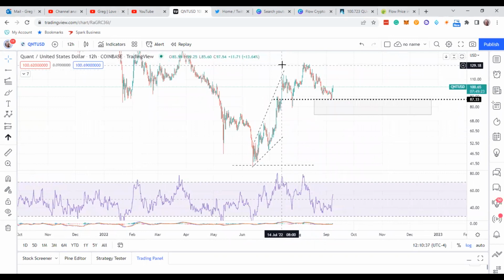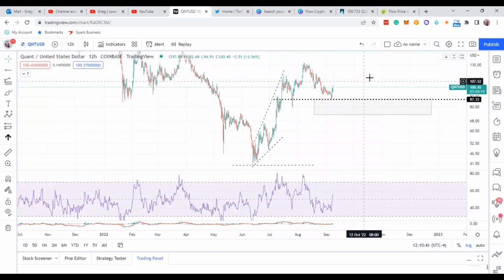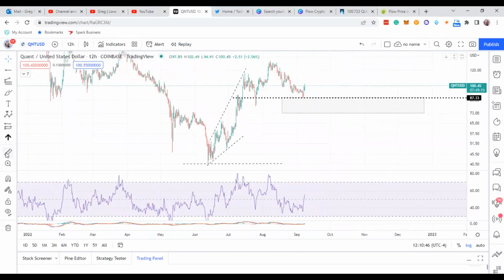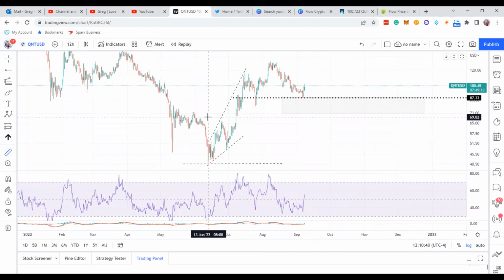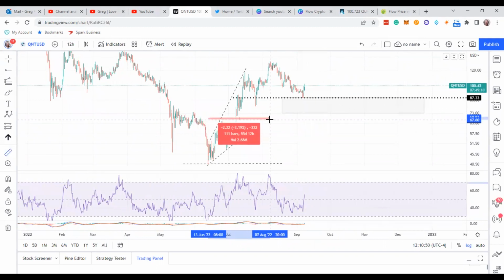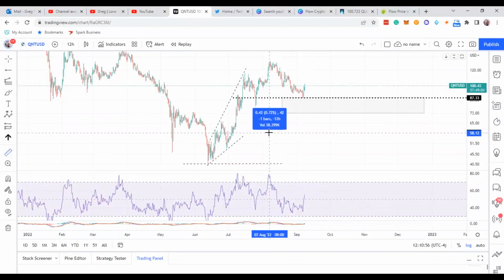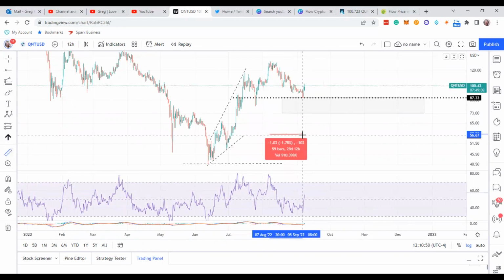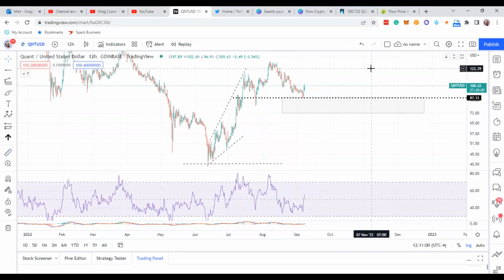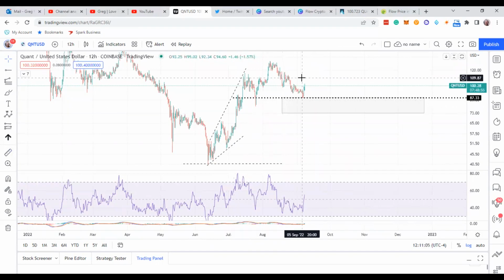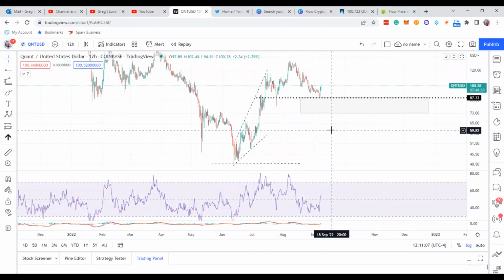It also depends too. There's a couple ways. Did Quant's correction stop here and then go through all this and then over here to start going back up? It could have, guys, but just based off the time sequence is one of the things you want to check. That whole wave right there all the way to the top took about 50 or 55 days. And then this wave sequence from the top of there all the way over to here took 30 days. 30 days for here, 55 days for here. Is that out of line? It could be a little bit.